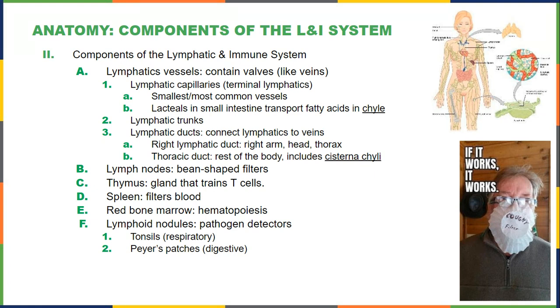And in your digestive system, inside of your small intestine, there's a special type of lymphatic capillary called a lacteal. And the lacteals are important because they actually absorb fatty acids. You see, when you're doing digestion, your carbohydrates and your proteins can be absorbed into the bloodstream, but fatty acids can't. So they're actually absorbed in with the lymph into this stuff called chyle, which is like thick, milky liquid that's really gross. I'm sorry. But anyway, I think that's where they get the name lacteal because it kind of looks like milk. You're welcome. Anyway, so that milky fluid is transported through the lymphatic system and then into the blood,